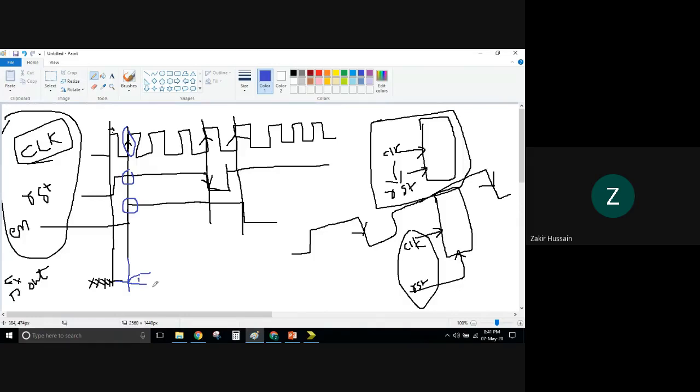Now at the next positive edge, till then it is 1. Again here my reset is 1, and my enable is still 1. So the count needs to be updated again. So that is 2, like that. Now at the next edge, it is 3.